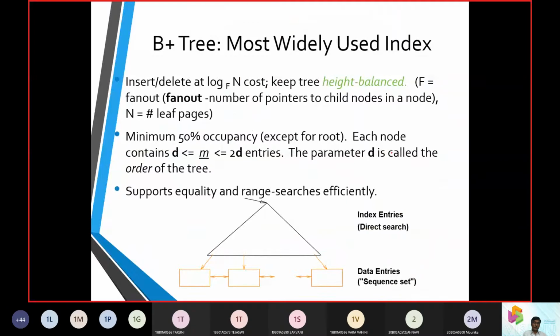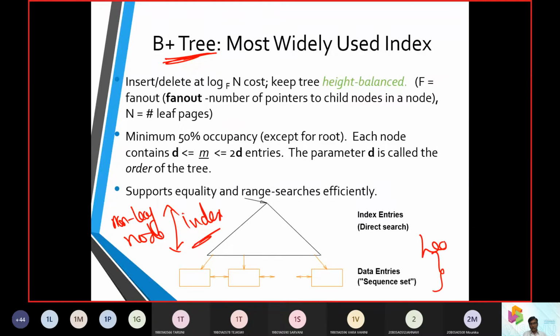So in B plus trees, the non-leaf nodes are going to have the indexes. The leaf nodes are going to have the data items.